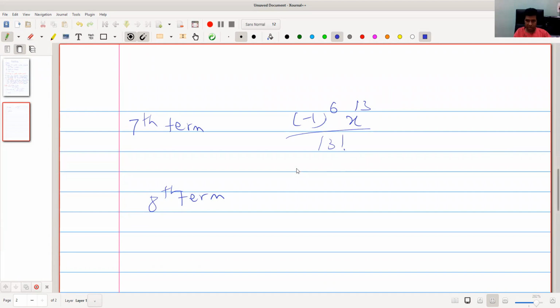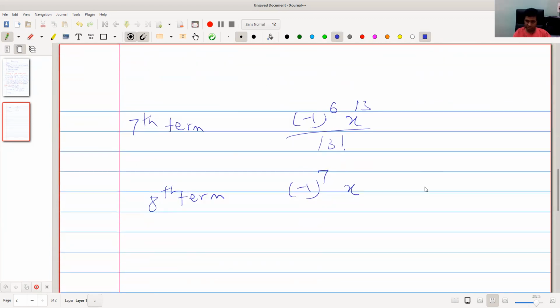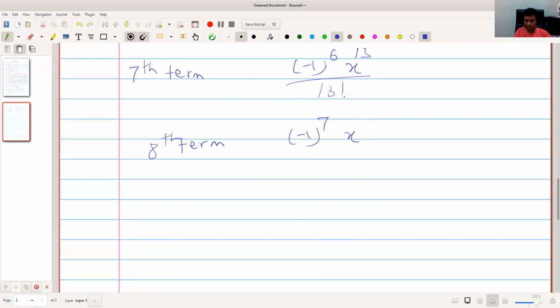And the 8th term is minus 1 raised to 7, x raised to 2 into 7 plus 1, 15, divided by 15 factorial.